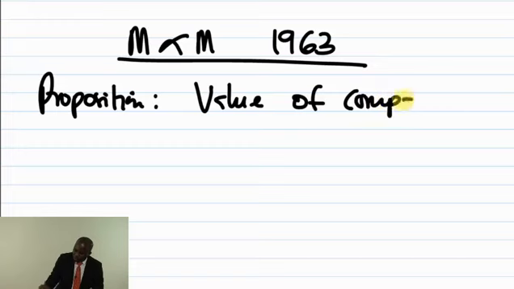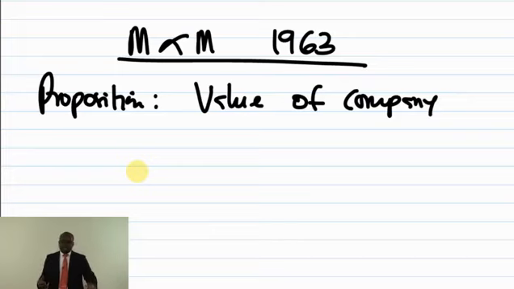Now the value of a geared company will not be the same as the value of an ungeared one. Because when you are geared, you will pay interest, and when you pay interest, it will save you tax. So when you save tax, your cash flows will increase by the tax savings, and as such, your market value will increase by the present value of the future tax savings.